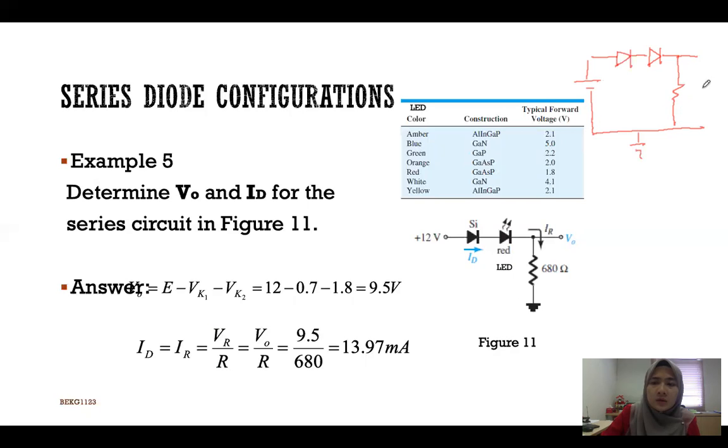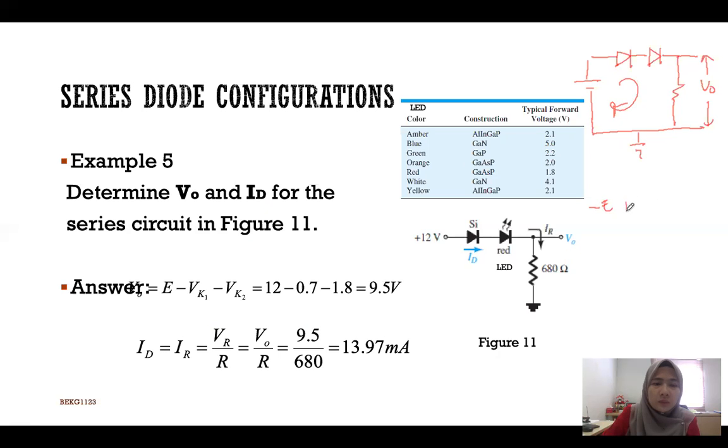Okay, and V naught is actually the V over here. So you need to determine the V naught. V naught is the V across the 680 ohm. So by using KVL, you will get